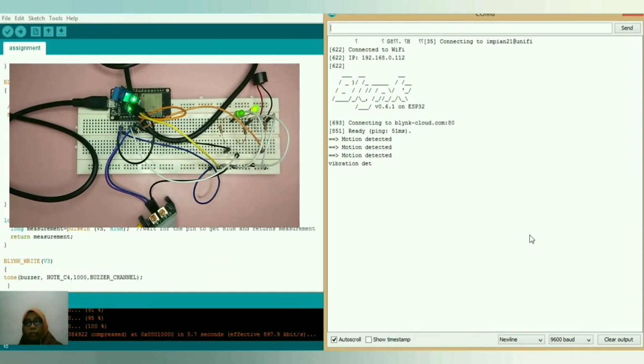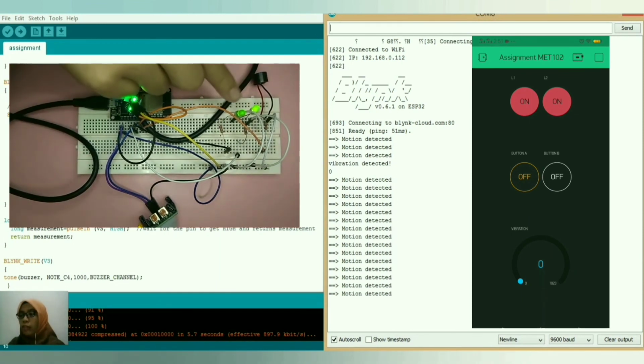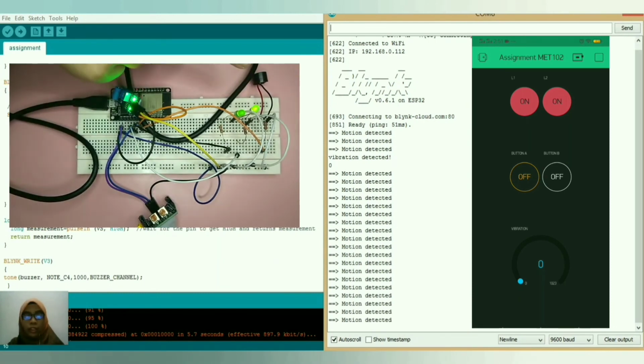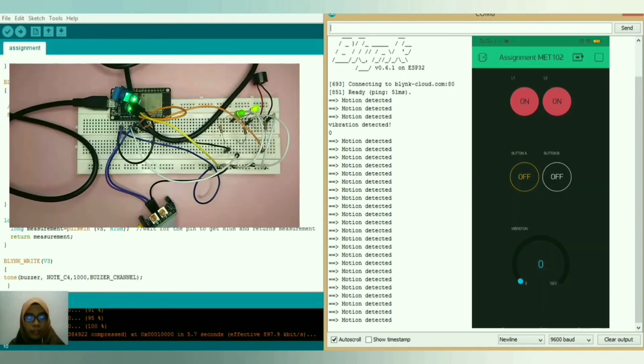So now our motion is detected. Okay, our motion is detected, so the LED will turn on. You can see from the connection wiring, it gives us the LED output where it turns on, and also from Blynk the button turns on.